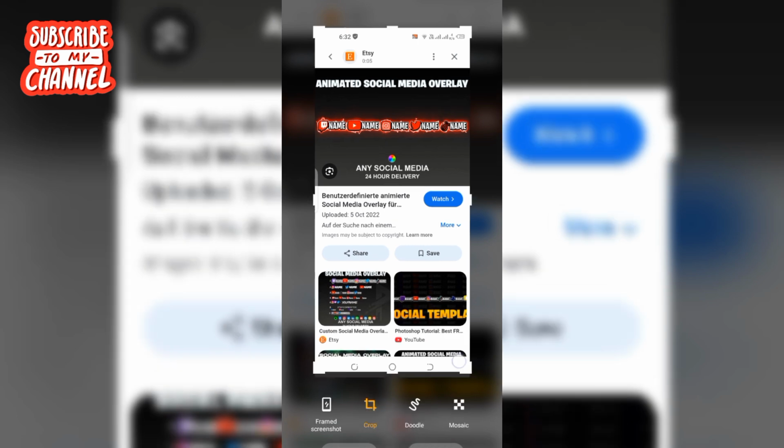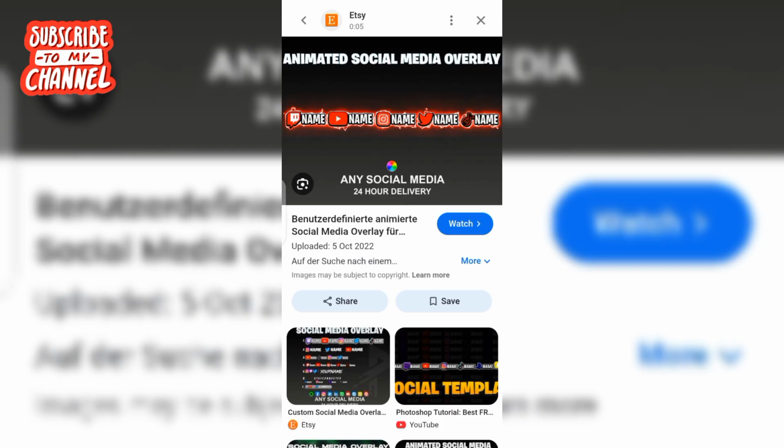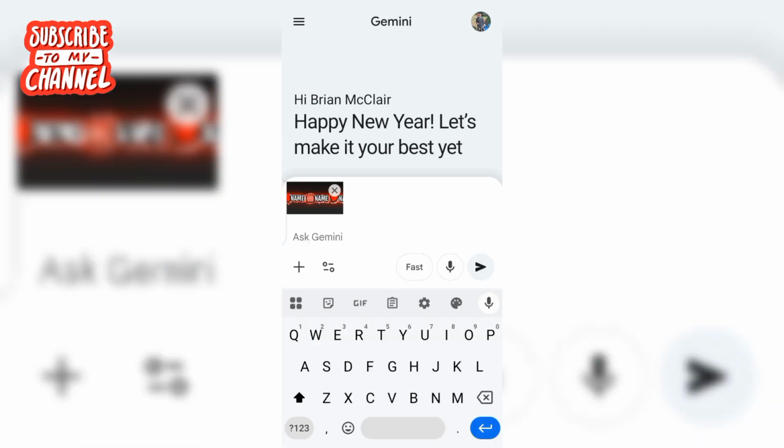Let's crop it just like that. Save. Then we're gonna go to Gemini AI. We're gonna add our screenshot. As you can see, it has already loaded, so we're gonna use